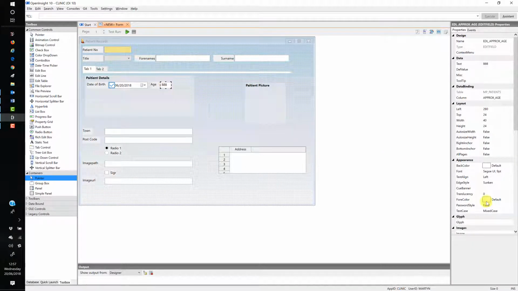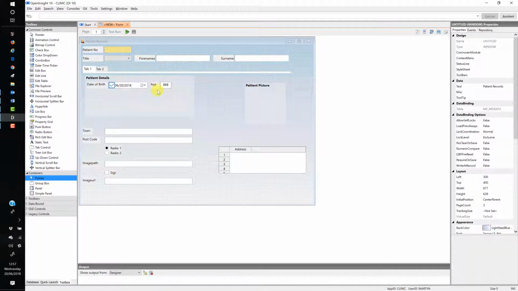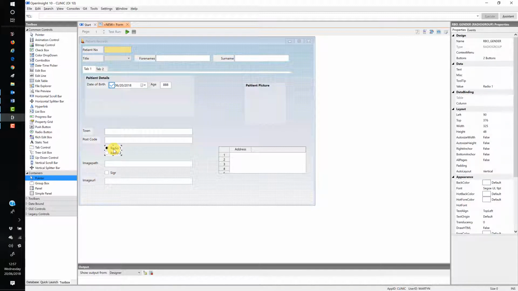And if I want, I could set the text alignment of that to be centered. Okay, right, so that's fine. Now next thing that we want to do, we'll bring the radio buttons into play, I think. So this time what I'm going to do is I'm just going to drag those up to roughly where they